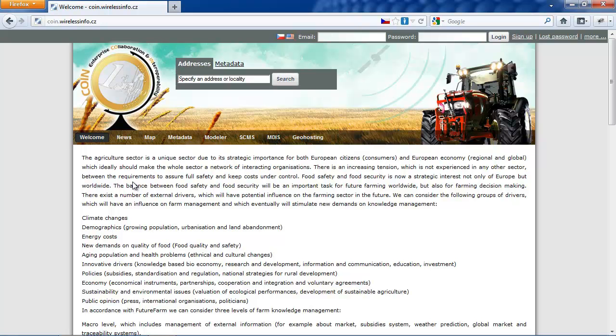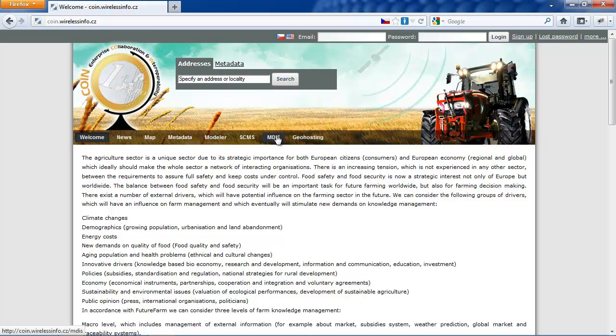The portal is divided into several parts: content area, for example blog; GIS part, with map viewer and geohosting; metadata part, with catalog server and client; and COIN tools.